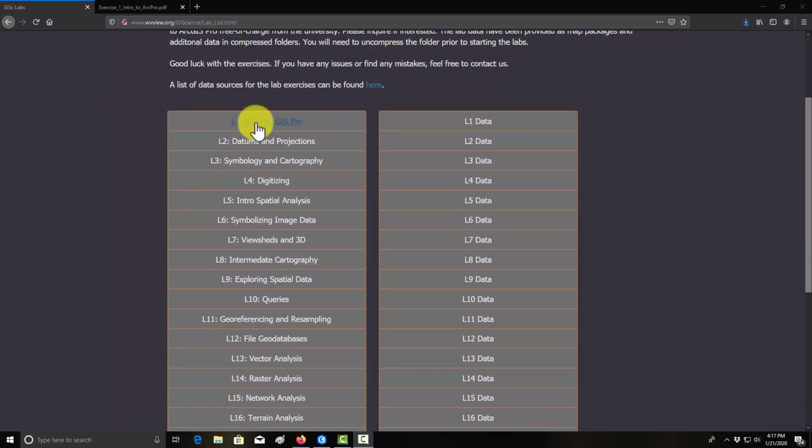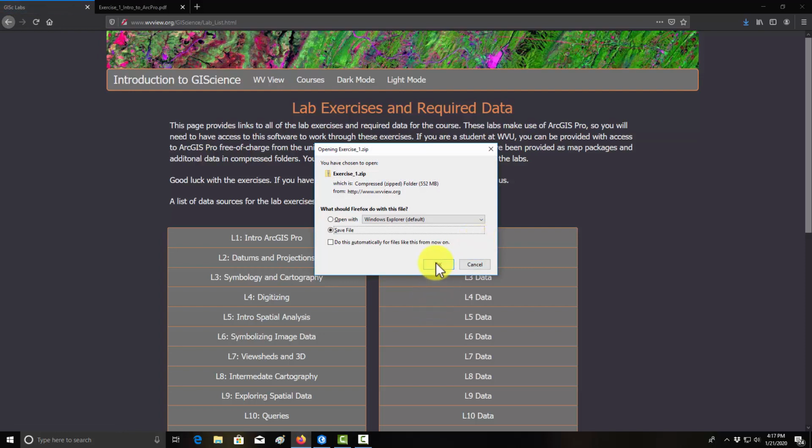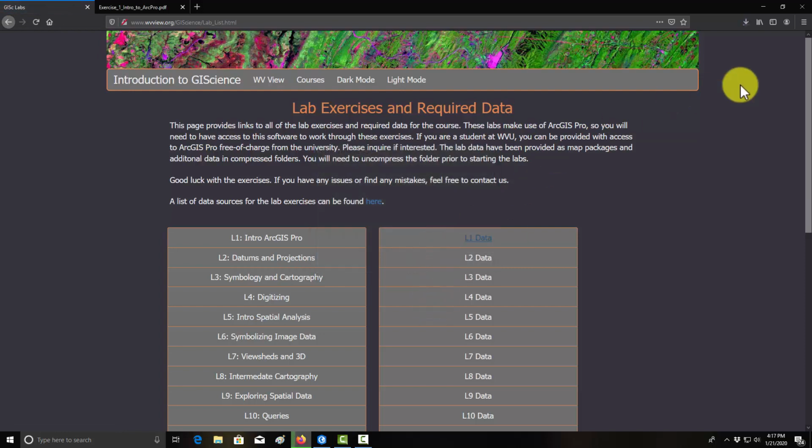So again, all the lab documents are here and then the associated data are over here. So I want to download the data, save that. And then that's just started download. I'm in Firefox, so it might look a little different if you're in a different browser. Okay, so then if I go into my downloads here,